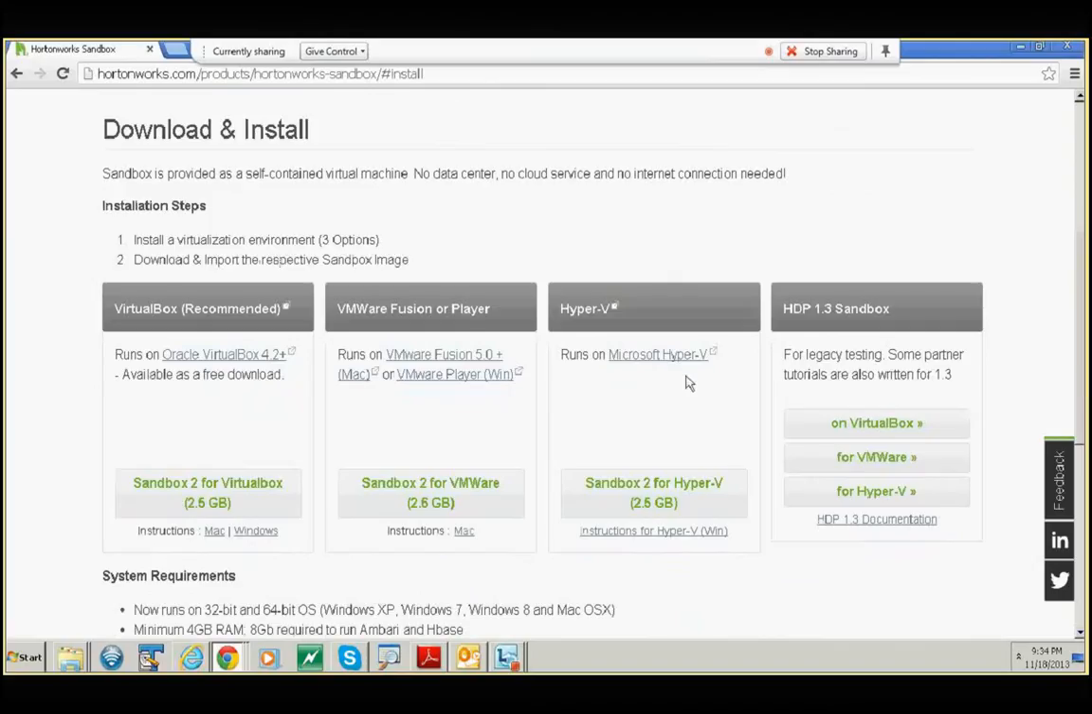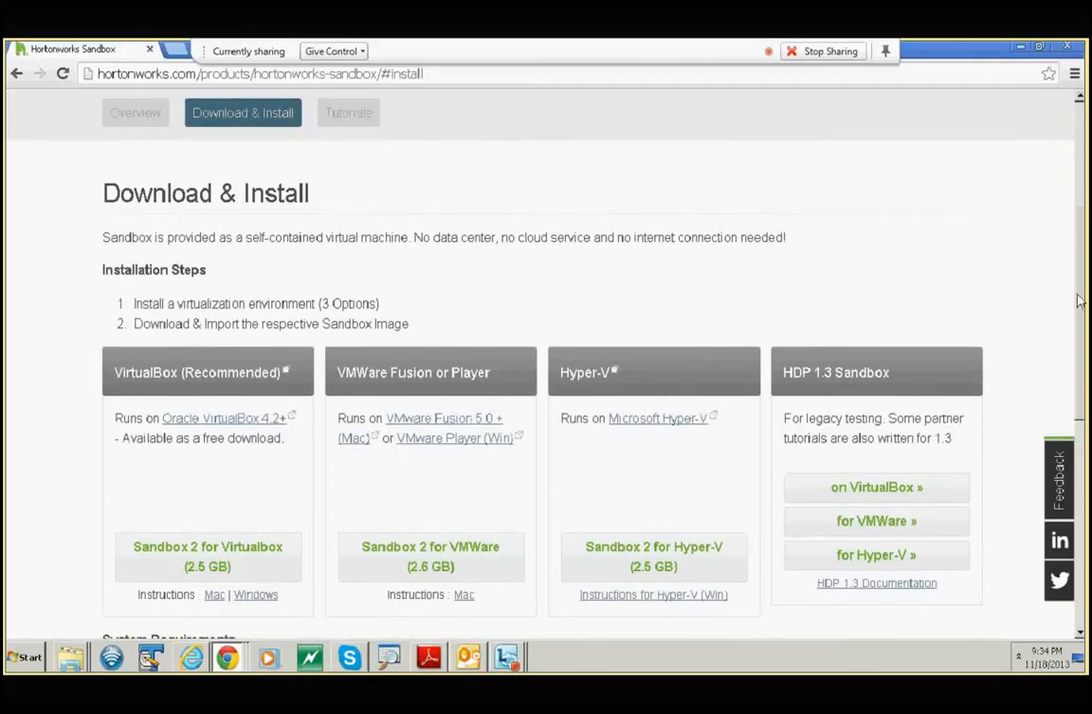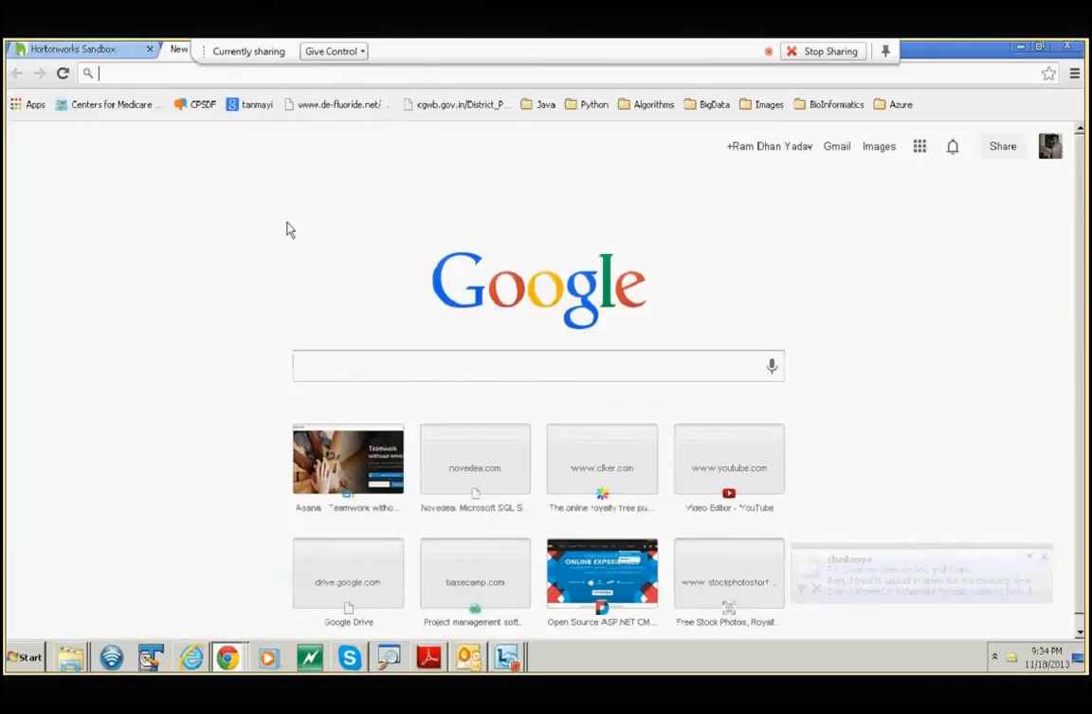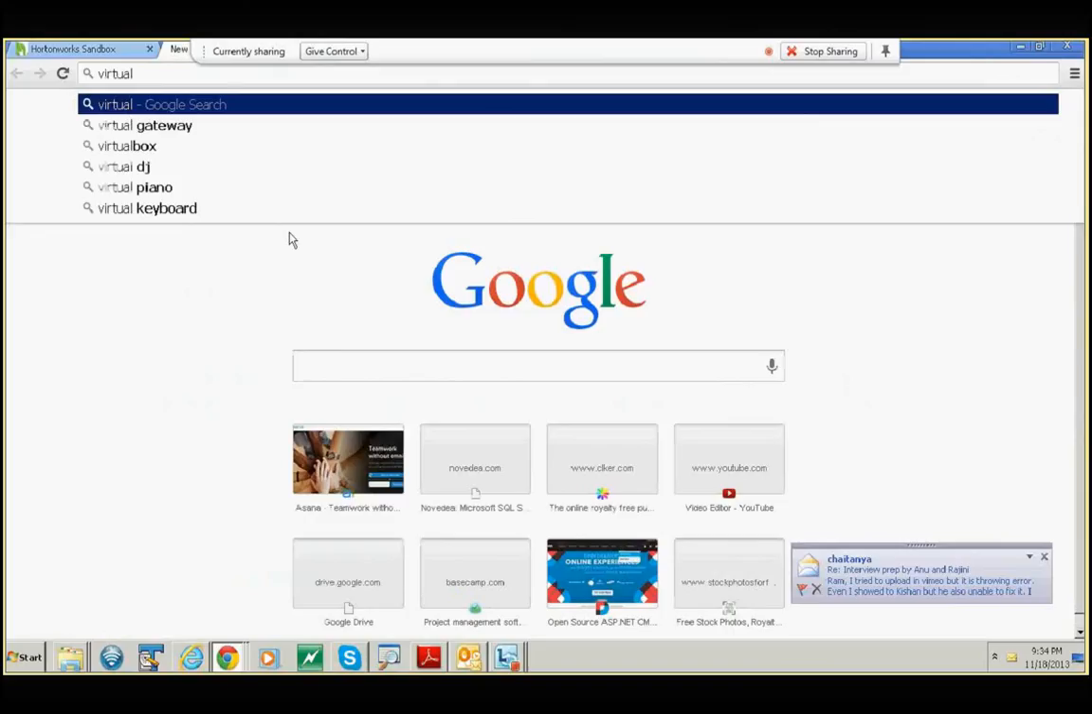VirtualBox is recommended because it's widely used and it's free, whereas Fusion and Hyper-V you may have to purchase. So let's go and look at it. First, you need to go and get VirtualBox. For that, go to virtualbox.org,